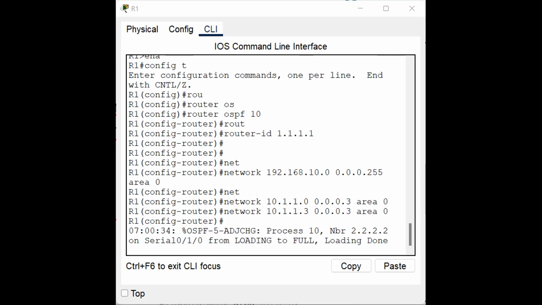0/1/0. Then IP OSPF 10 area 0. Okay. Then see, I've gotten a full state. Look at it. Got adjacency with router 2. Okay. Then I will now do for router 1